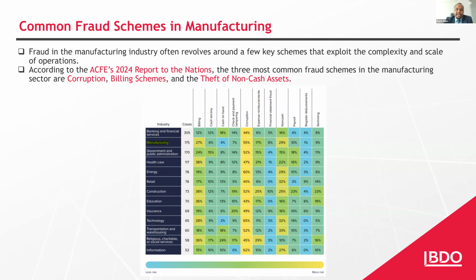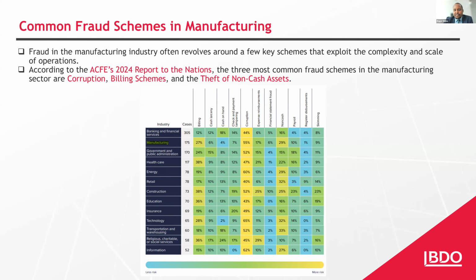The next most common fraud type in manufacturing is billing schemes, and it impacts about 27% of the cases. These schemes involve employees creating fraudulent invoices, either by fabricating new vendors or inflating the prices of quantities from legitimate vendors. Billing fraud is usually disguised within the vast amount of legitimate payments manufacturers make to suppliers, and this makes it much harder to spot through the normal review or audit procedures.